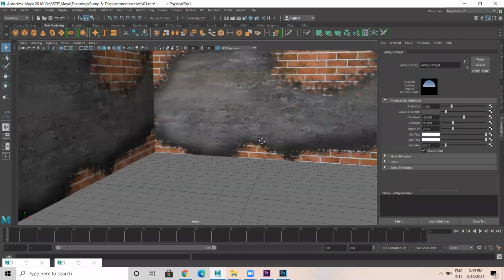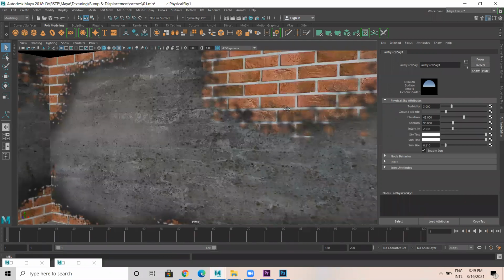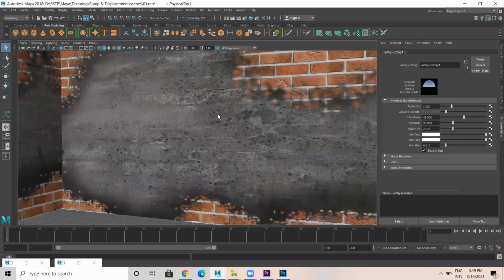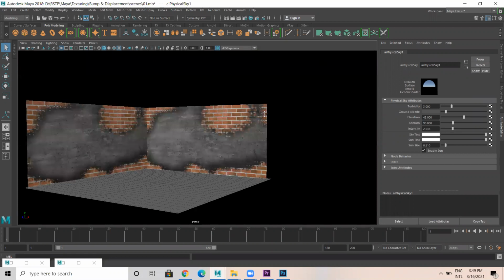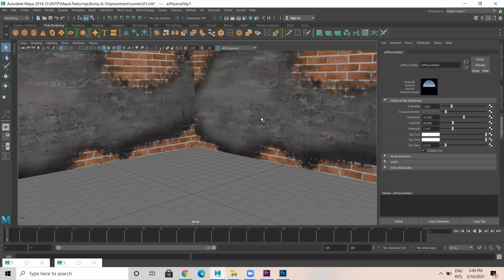Okay, this is the output which you have now, along with the brick bump and all. Let us see.